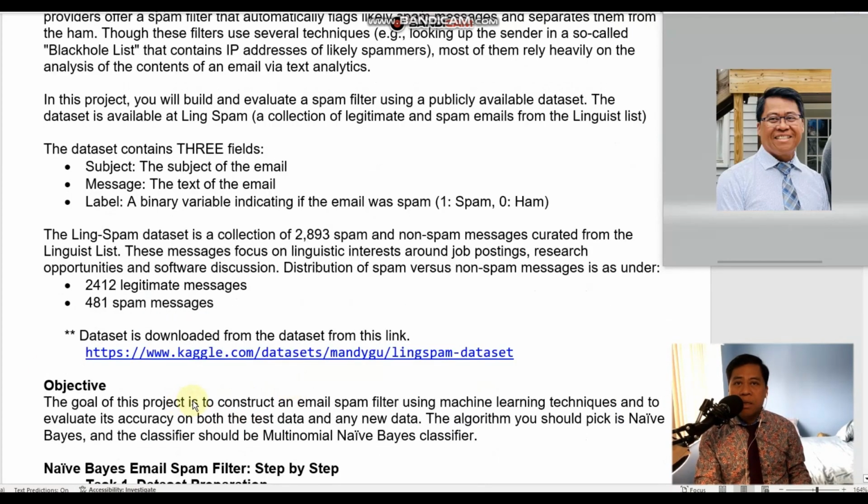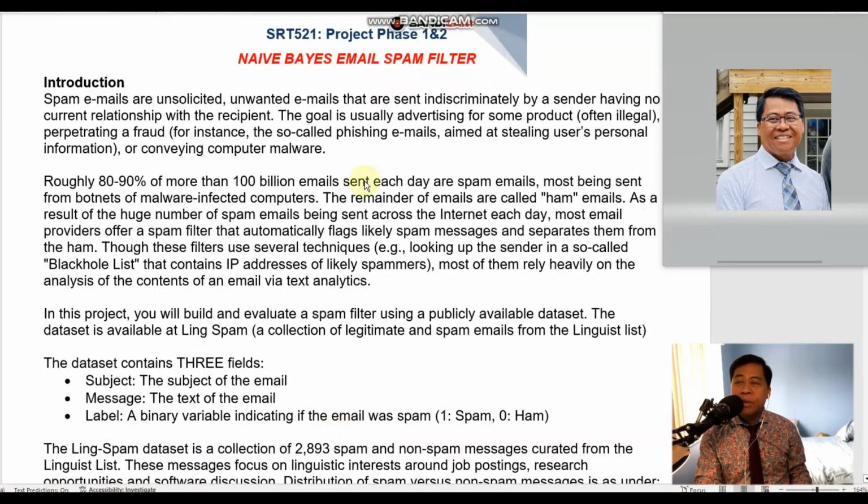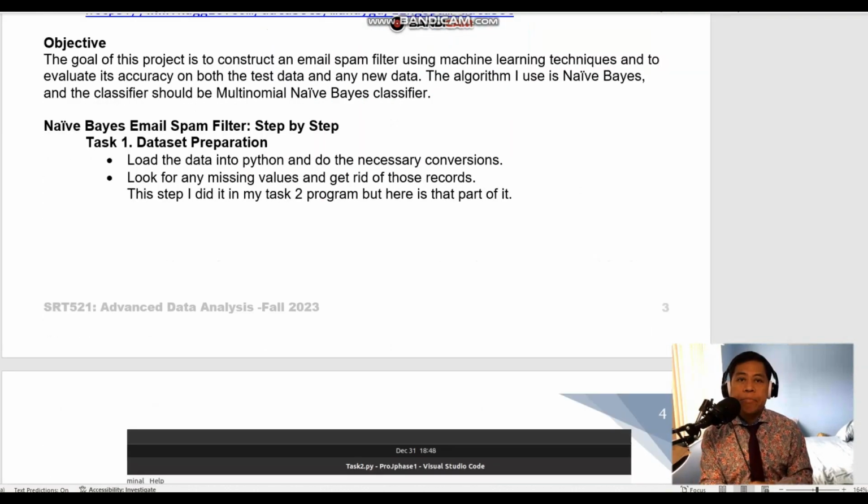And the objective of this lab, our project, is to construct an email spam filter using a machine learning technique and to evaluate its accuracy on both test data and new data. The algorithm you should pick is, I picked Naïve Bayes, the multinomial Naïve Bayes classifier. Just to let you know, I combined phase 1 and phase 2, so this will be a long video. All right, so without further ado, we just begin doing the step-by-step,